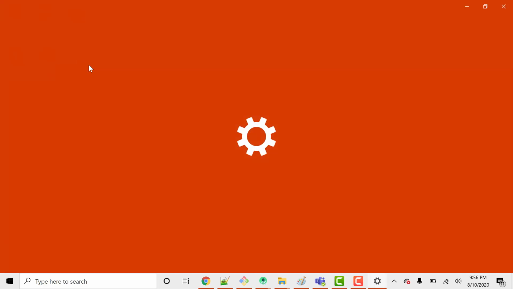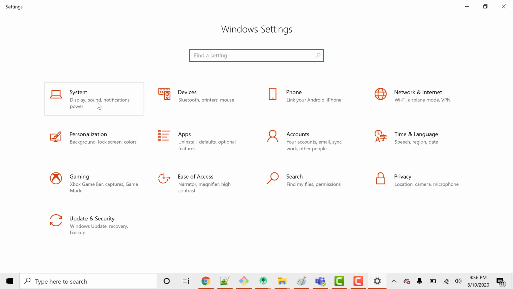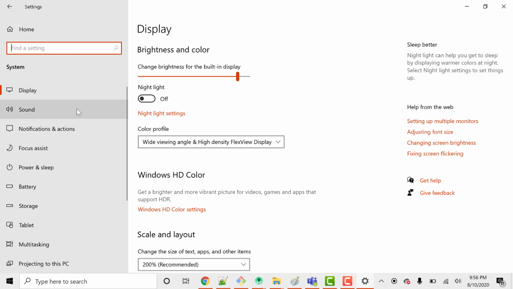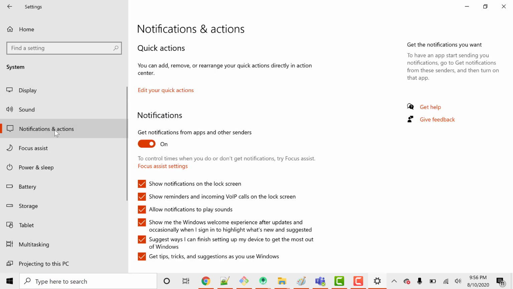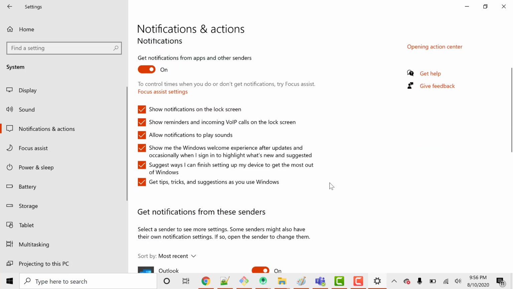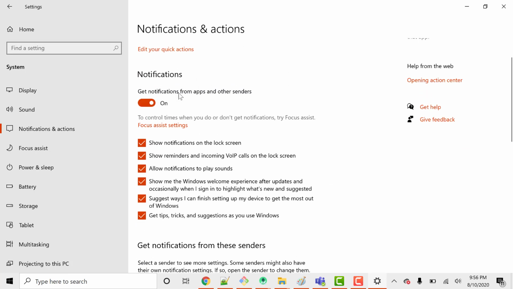You just click on this one, and in the settings you will see one option, System. Click this section, System, and here in System you will see Notifications and actions. Just click this one, and here you will see the option Notifications. Currently, you can see this option is enabled. Enabled means you get notifications from apps and other senders, and that is the reason that you get